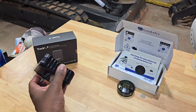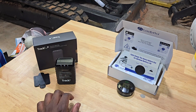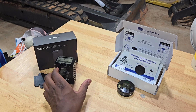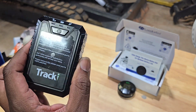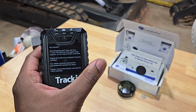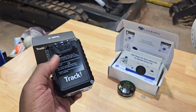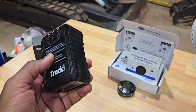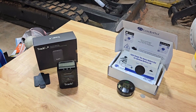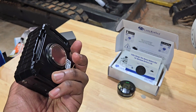You just stick it on the item you're going to track, and if something happens, this is good for guys who have dump trailers and trailers full of equipment. I'd say look at this as a cost of doing business. If your trailer gets lost or stolen, it's easy to tell the police, hey, here's where it's at, or you can go look for it yourself and have the police meet you out there, assuming nobody found it and turned it off or threw it away. So I definitely think it's a good idea. You figure you spend $10,000 on a trailer, you should at least buy a $20 tracker for it,